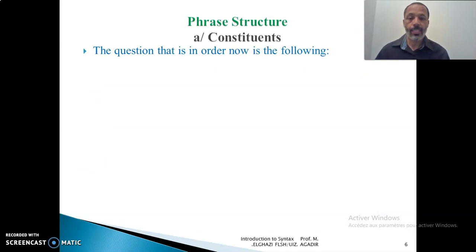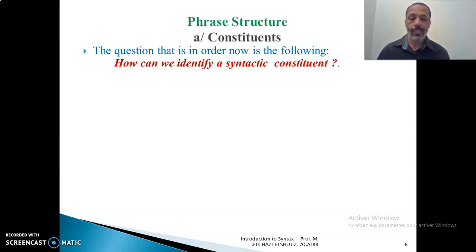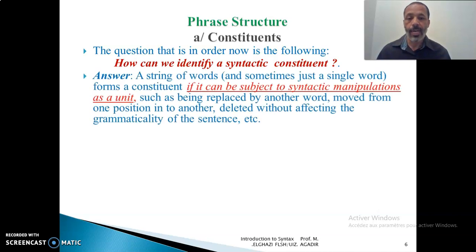The question that is in order now is the following. How can we identify a syntactic constituent? For example, why can we say that John is a constituent, will is a constituent, and invite his friends until the end is another constituent, whereas we cannot say that John will is a constituent? What are the practical and empirical arguments that support the first bracketing and refute the second? The answer is that a string of words, and sometimes just a single word,